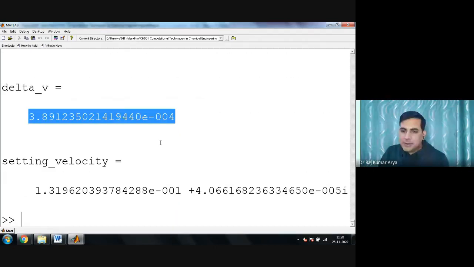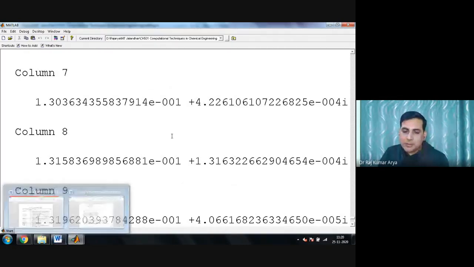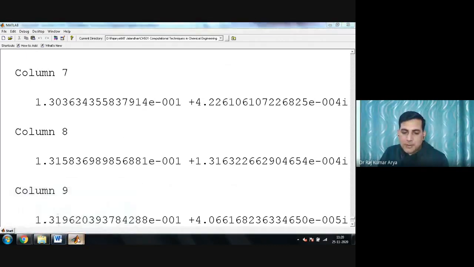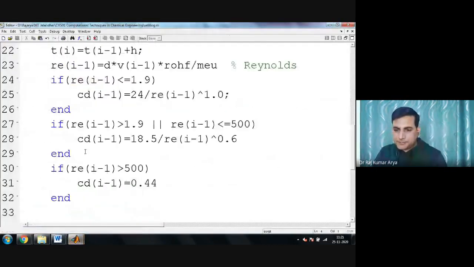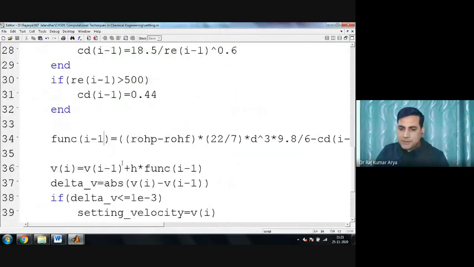But you see, ये सारे value आप print कर रहे हैं, so you are not interested to print all these values. So in that case, wherever these commands are there, just give a semicolon. I am not printing, so I am just fine here. I am putting this function values here. So let's go to the end here.